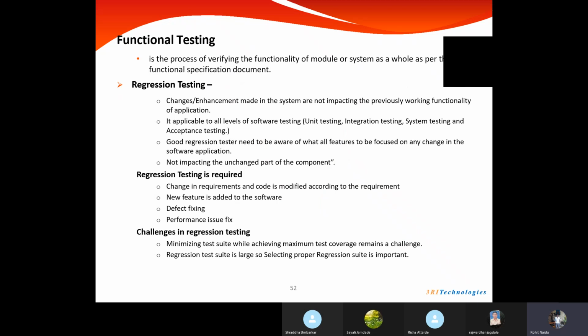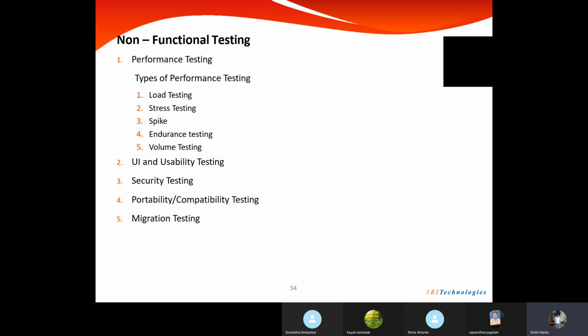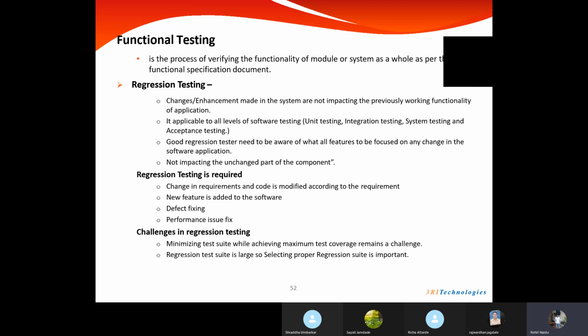Okay, so today we will be seeing the leftover two testing types from the functional branch. We will be starting non-functional if possible today, or else we will be starting from Monday. So let's see what things come under functional testing. Sorry, what is regression testing for today? What all things are included in regression testing and why it is called regression? We'll see those things, and then after this we will try to learn how to write a test case, or how a manual test case can be developed if we have the requirement with us. We will see all those things.